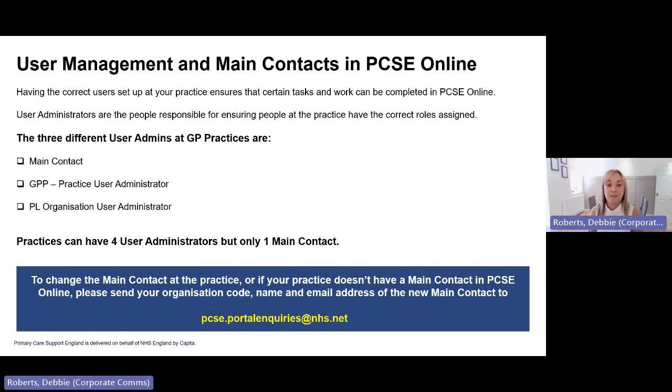Now, every practice can have 4 user administrators for the GPP practice user administrator and the PL, which is performer list organisation user administrator. However, practices can only have 1 main contact. Now, if you're not sure who the main contact is at the practice, or you need to change the main contact, then you will need to contact PCSE, and you can send an email to the email address that's on screen there. So it's